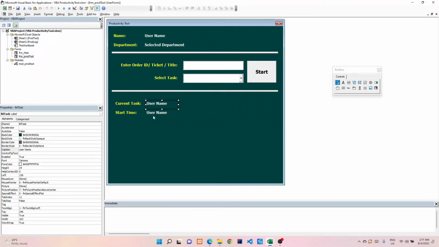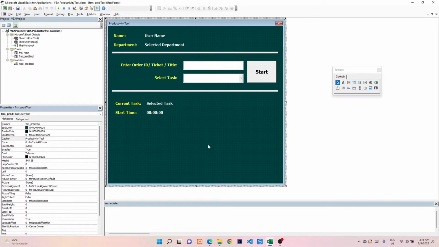And we need to name this LBL, for label, start time. Then let's add a default caption to this. All right, and last